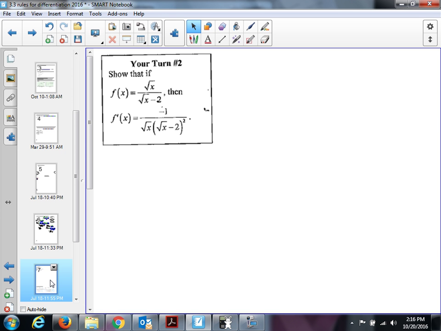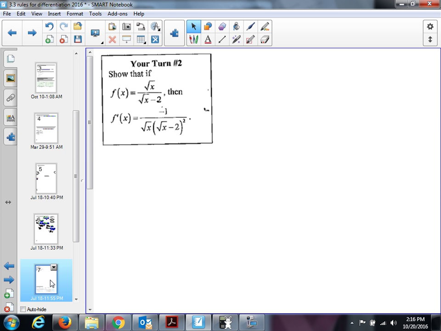This one has a bit more manipulation. So we'll take a look at it, and then we'll see from there. Show that if f of x equals the root of x over the root of x minus 2, then, and they tell you what the answer should simplify out to be. So it won't be just your first step. Now, when dealing with